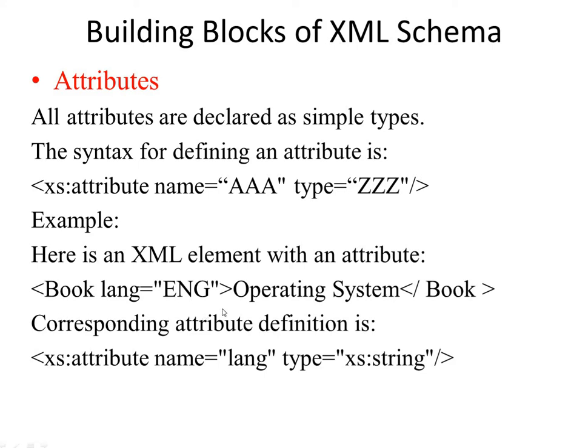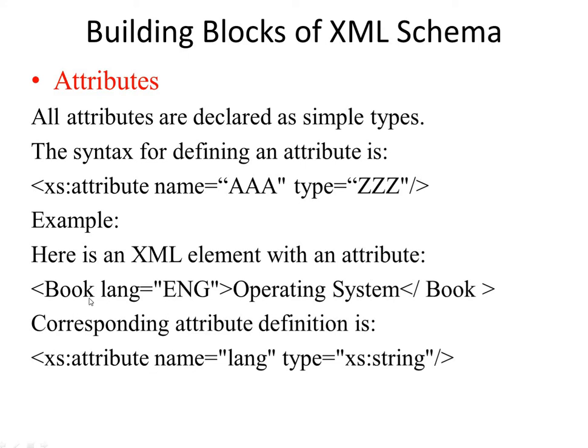So for example, in an XML document, you want an element like this. The element name is book here, and it includes one attribute, lang, whose value is eng, and the value of the book element is operating system. If you want such a structure, then you can declare it in an XML schema like this: